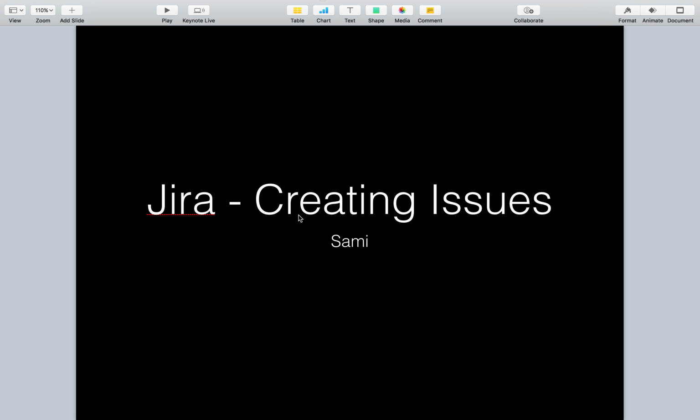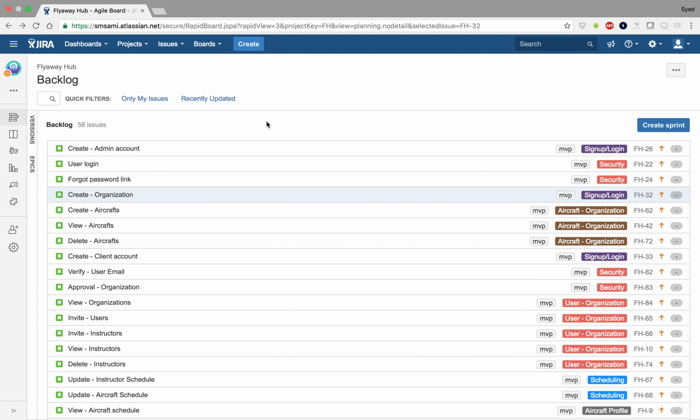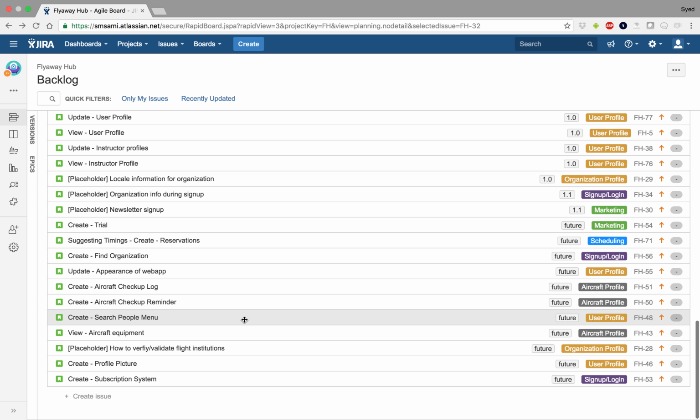to the Jira task of creating issues. So we're at the backlog. Let's try to create a user story. So we go create on the top, or we could go all the way to the bottom and say create